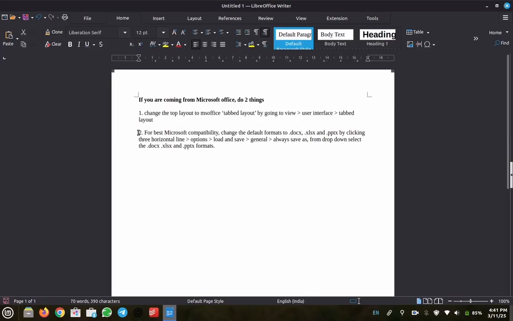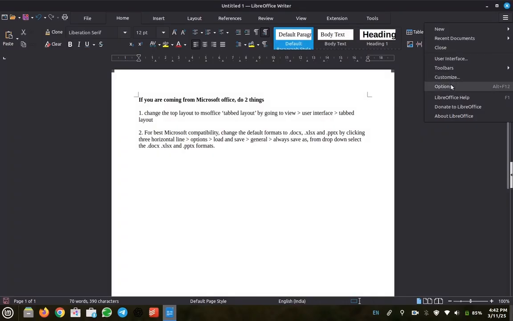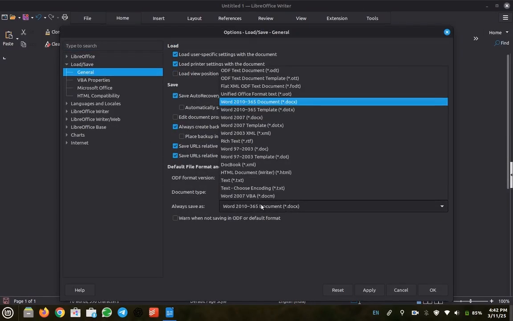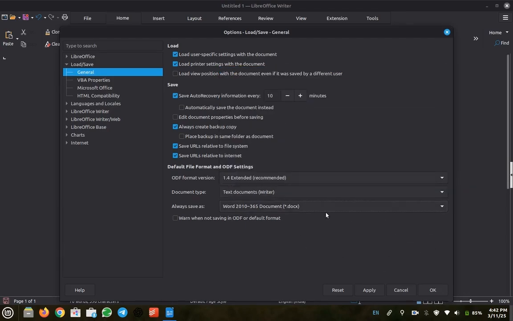Then second one is for best Microsoft compatibility, you have to change the default format to DOCX, XLSX, PPTX format by clicking on these three horizontal lines here, and then Options, Load and Save, General, Always save as, and from the drop down select Word 2010 .docx.